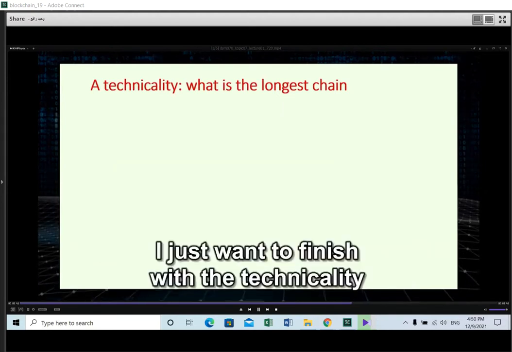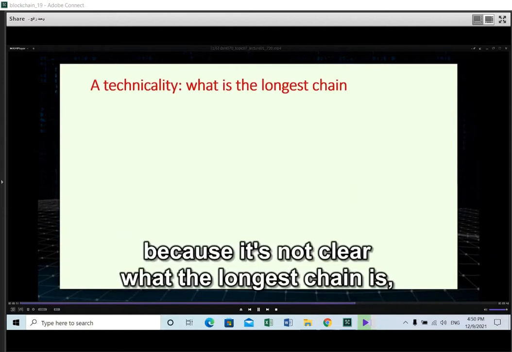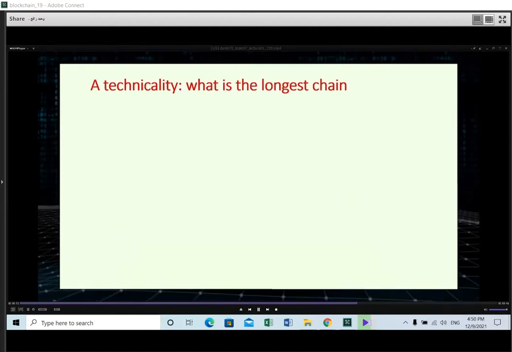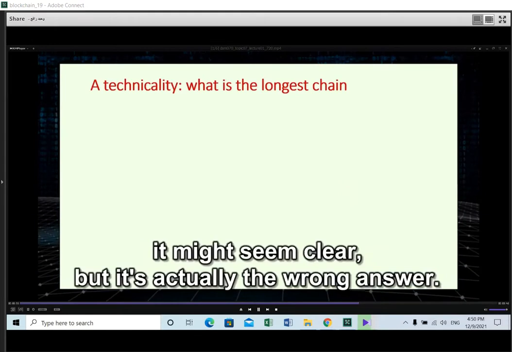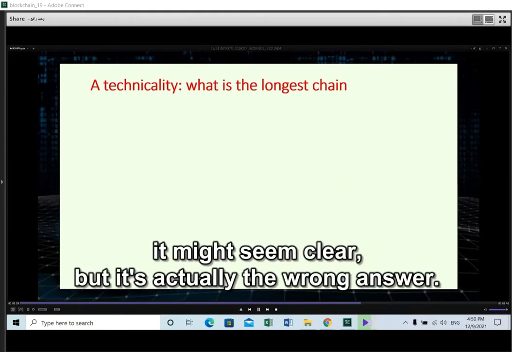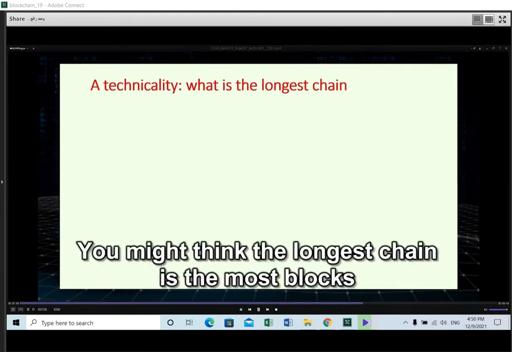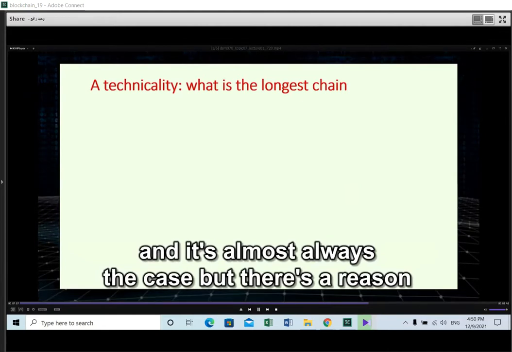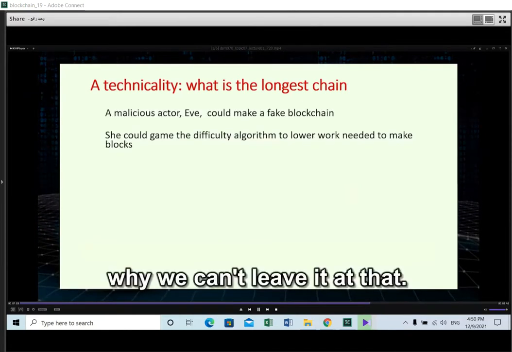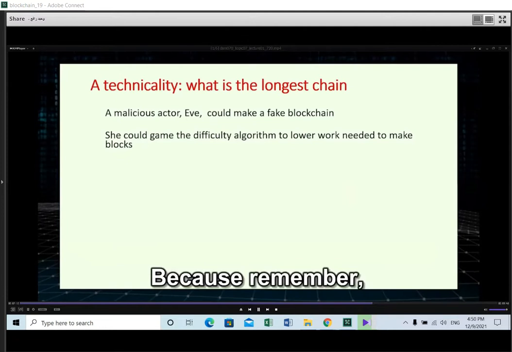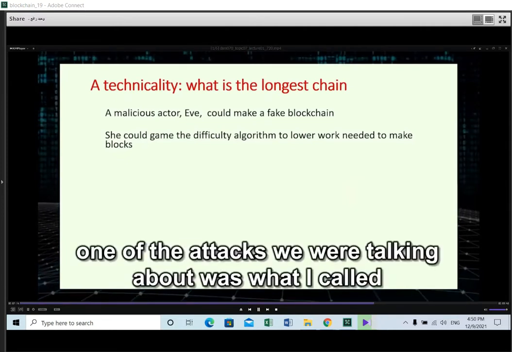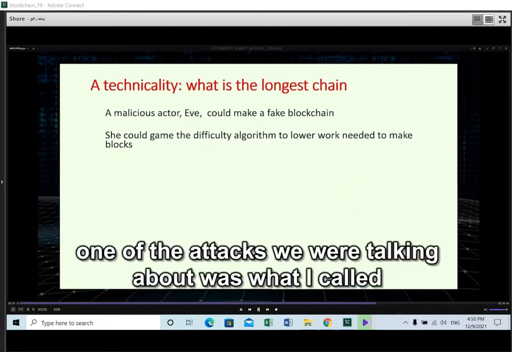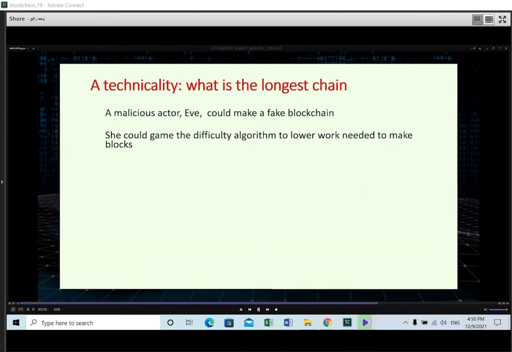Okay, I just want to finish with a technicality about the longest chain, because it's not clear what the longest chain is. It might seem clear, but it's actually the wrong answer. You might think the longest chain is the one with the most blocks, and that's almost always the case, but it's not. There is a reason why we can't leave it at that. Because remember, one of the attacks we were talking about was what I called a fake chain attack. So a malicious actor, Eve,